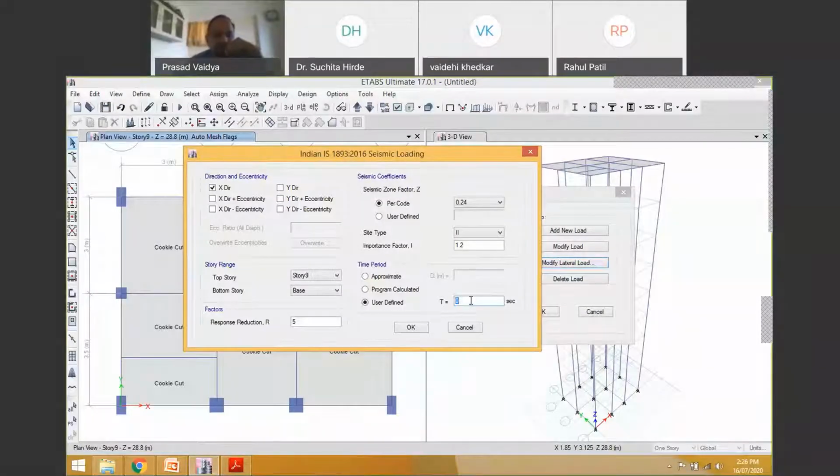Now for user defined time period, you have to calculate this time period. As I told you, there are three formulas given in your IS code for time period calculation. It depends on the height of the building and the depth of the building.